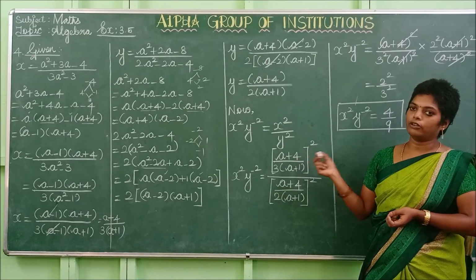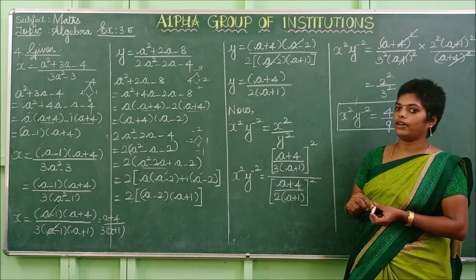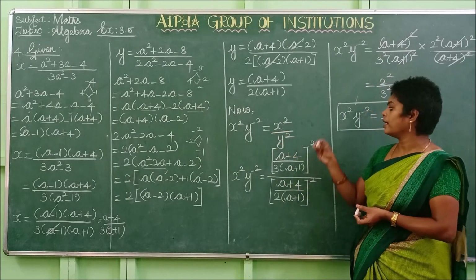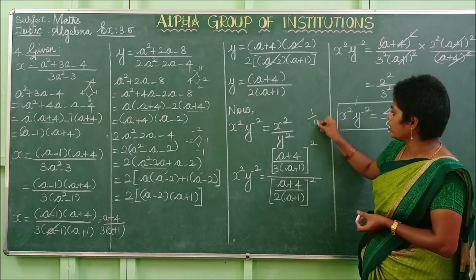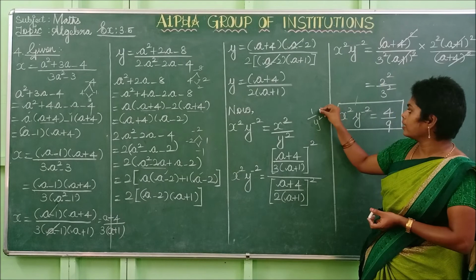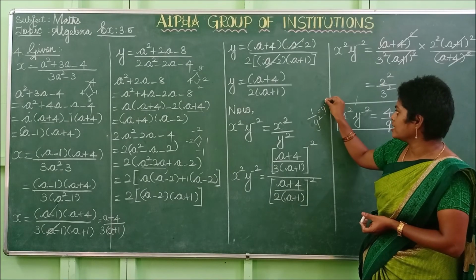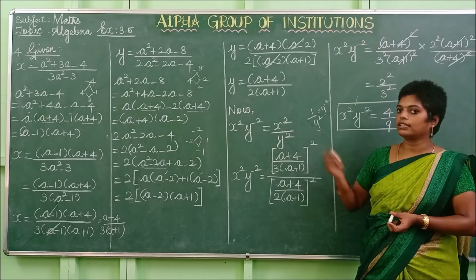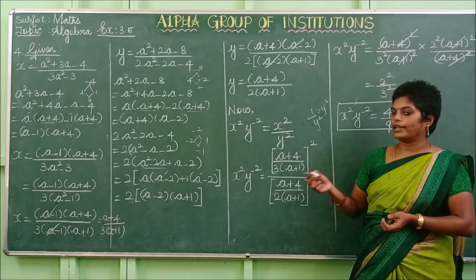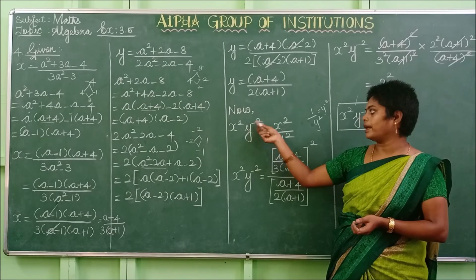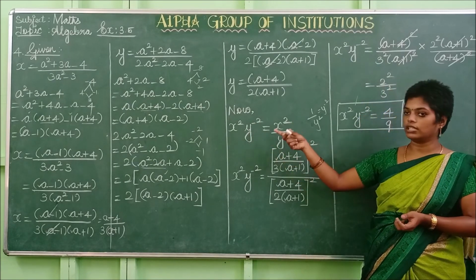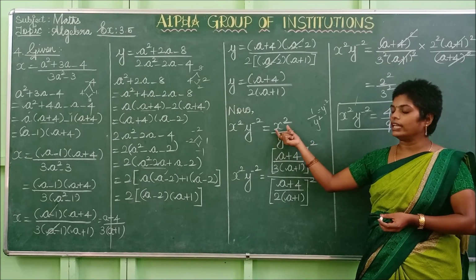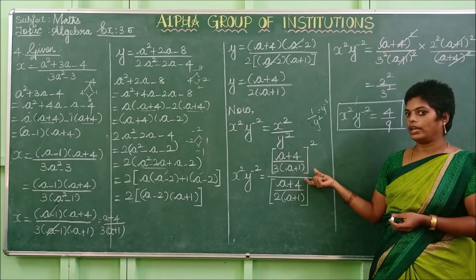So how to find out the value of x squared y power minus 2. That x squared can be written as it is, y power minus 2 can be written as 1 by y squared, because if the denominator comes to the numerator, the power changes to negative. So we rewrite it as x squared divided by y squared, which is nothing but y power minus 2. So substitute the values. You know the value of x and y. You have to square the values.